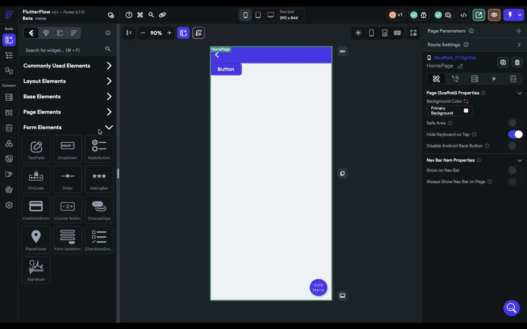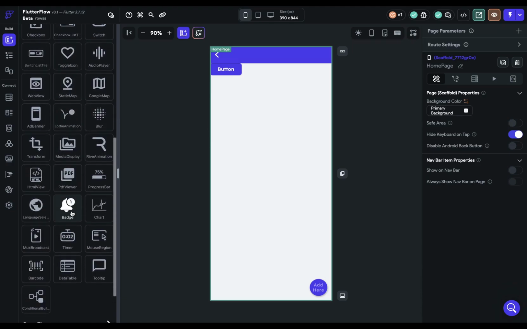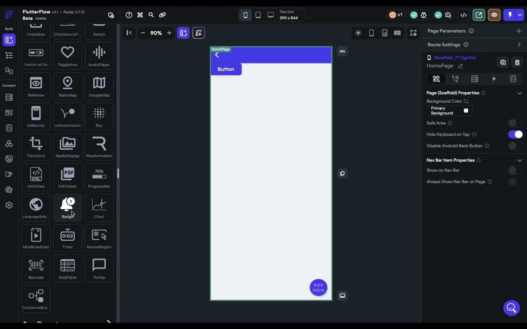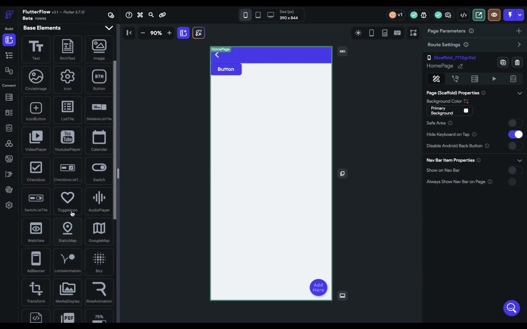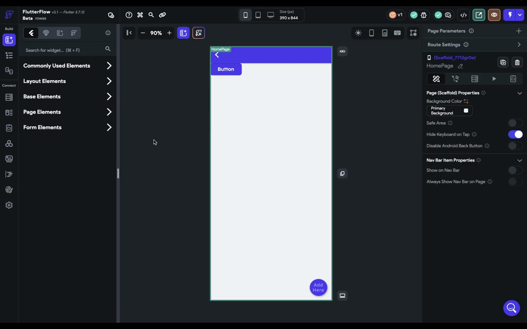And then lastly, we've got our base elements, which are every other widget. So if you're looking for a particular kind of widget that's not a main primitive widget or a form widget, it's going to be in here. And we're constantly adding new widgets in here. Okay, so that's the first thing to know about widgets, understanding these different categories and where to find them. Now, of course, you can search in here if you know what you're looking for, but those are the main